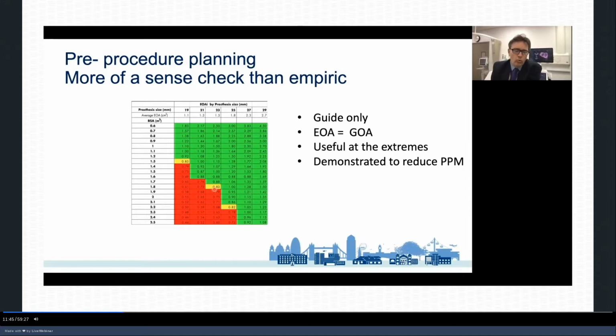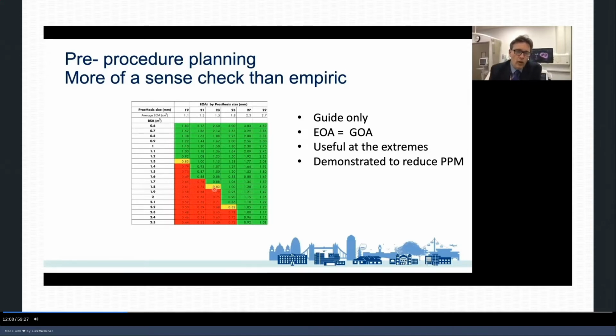For all the reasons that I described in the opening slides, actually this can only be a guide, and the idea that you're performing a really empirical approach here is probably an illusion. Nonetheless, the relationship between geometric orifice area and effective orifice area is there, and therefore you are able to work